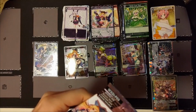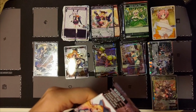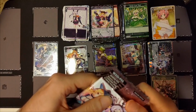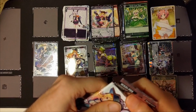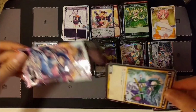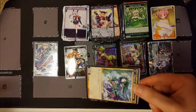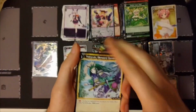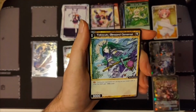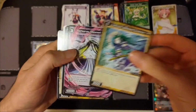And this is the last pack of this box. I'll probably do a future video where I talk about the keywords. I think it would probably be rather short, though, unless it's part of a longer video, because our Diva doesn't get too many of them. The older formats did have a number more, but...